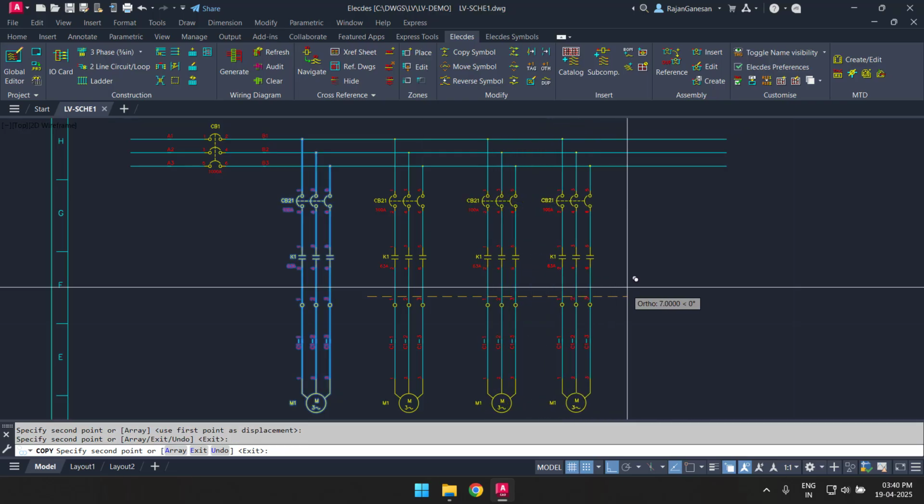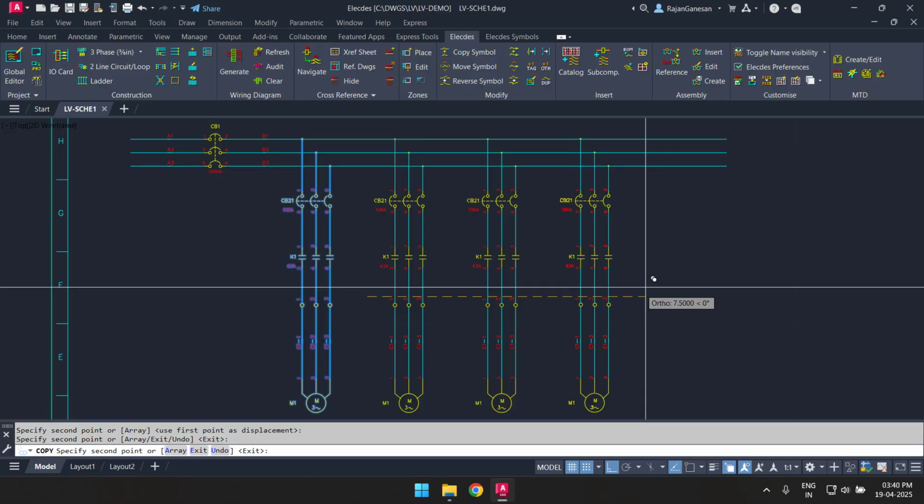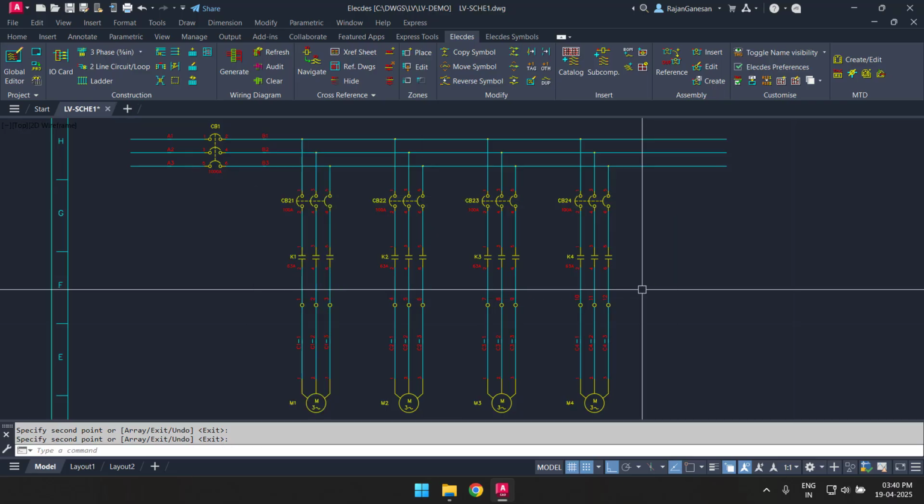There is still an issue with the copied circuits. It's highly likely that we will need to change the spec of some of the components. For example, the breakers may need to go up or down in size, and similarly, the cables may need an upgrade. We will do this with the global editor later.